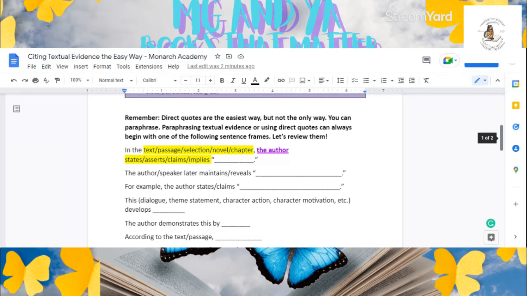It's really important that when you're addressing, for example, a novel, you don't just possibly say in the novel all the time. You may want to actually pinpoint the chapter that you're referring to. Maybe it's when you first start to see that a theme is really refining itself, because we do know that themes emerge usually.